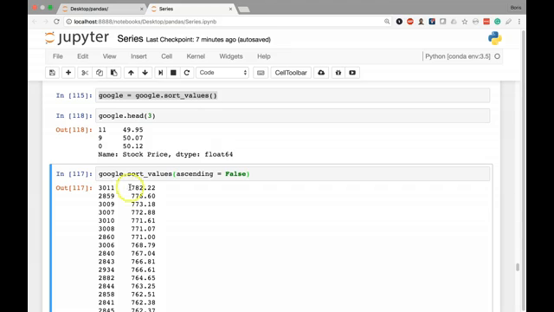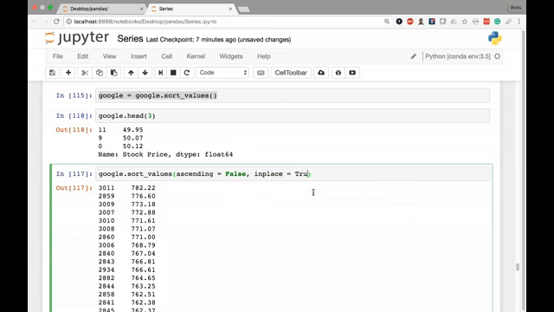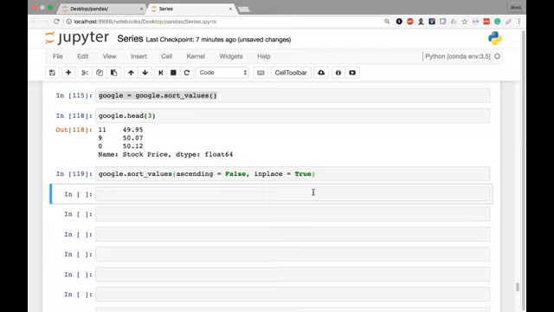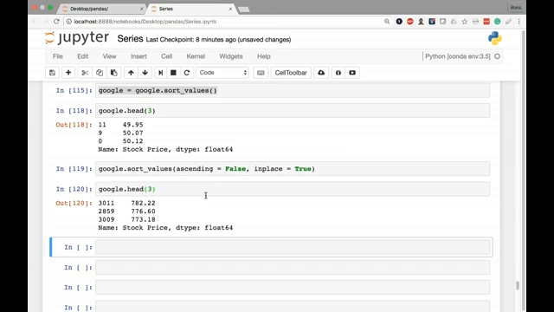This second sort operation that kicks off with $782.22 has not actually become the Google series. If we want to overwrite it and not use the equal sign to assign back to Google, there is an available inplace parameter. You can see that it's set to False by default. When we set it to True, that tells Python and pandas to overwrite the existing series that's stored in Google. Now when we execute this, we're not going to get any preview below. But now if I take a look at the first three rows of Google, and I don't even have to write this in a sub below, I can just execute this. But just to give you a comparison, now you can see that Google is now storing that second sorted series,